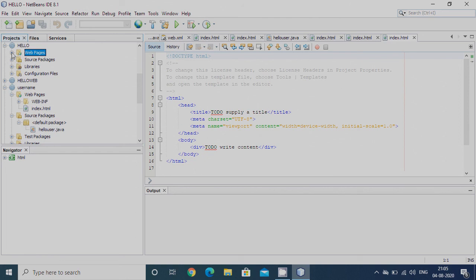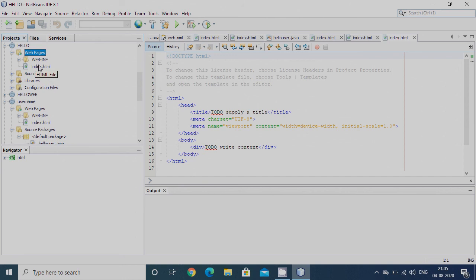When we press this plus button, it expands and shows what folders and files are created under that. You can see WEB-INF and a folder and index.html. Under the Web Pages folder, the HTML files should be placed.